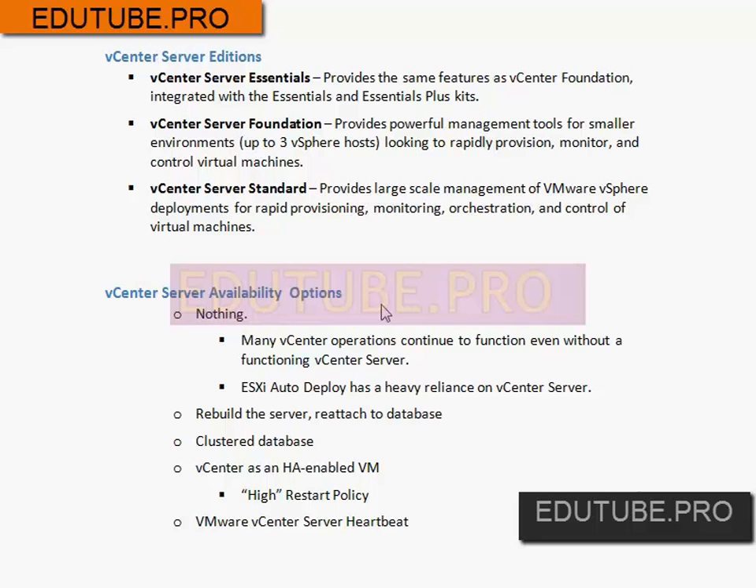Now, before we get there, however, let's back up just a minute and talk about the editions. You can see I've put up here the three different editions that are available for vCenter Server 5. There is an Essentials edition, a Foundation edition, and then also your regular Standard edition. And as you can see here by the descriptions, the Essentials and the Foundation editions are relatively